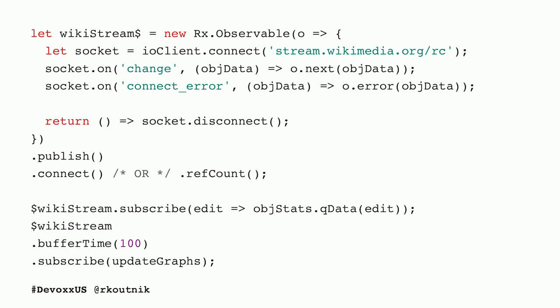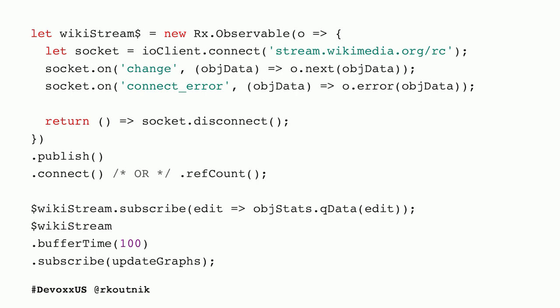So we start off. Wikistream$ means that it's observable. All right, great. Rx Observable, pass in o. Got some setup logic whenever we have a new change, value, call o.next. We know what that does. When there's an error, we call o.error. We don't know what that does. Never heard of that before. But from the context, we can figure it out, it calls the error function. And the error comes through there.